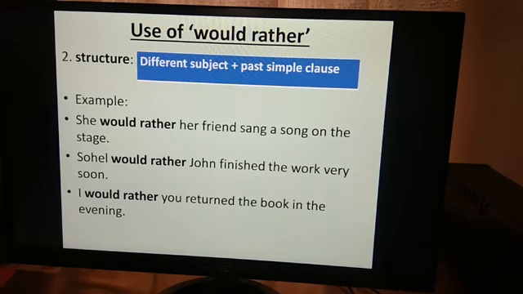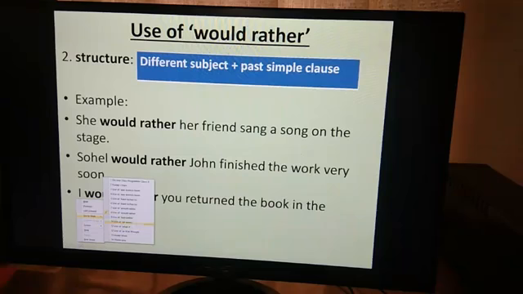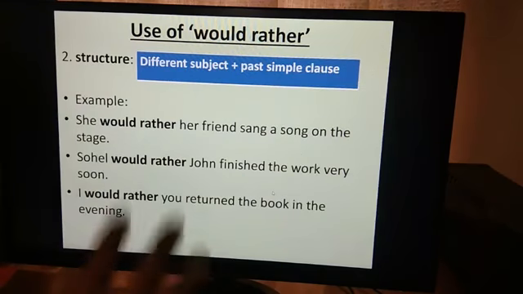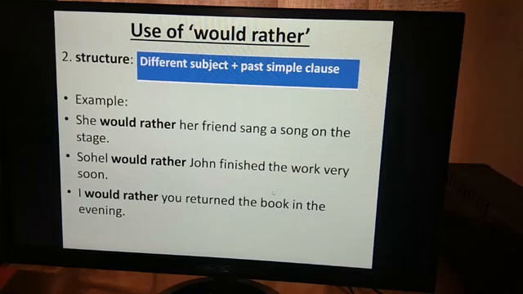Next, how many slides do we have? So these are the structures for would rather. Okay. Next we will go for